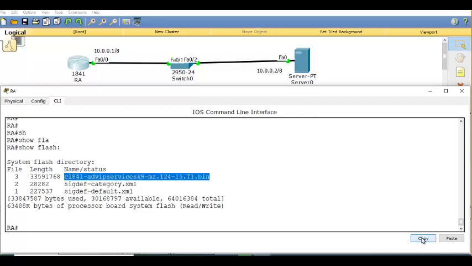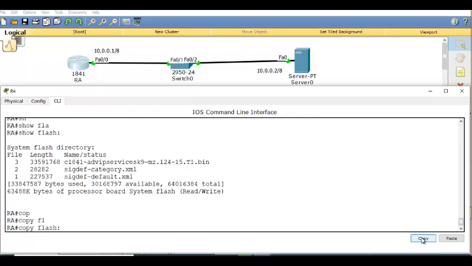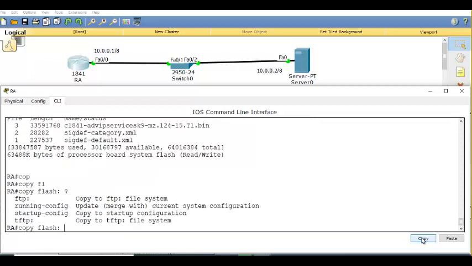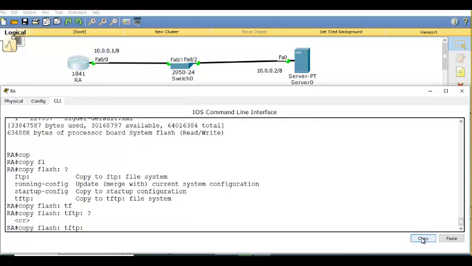Now, see, this is the command. Copy from flash, what is the file name? Okay, let us paste that one later. Copy flash to TFTP. No, this will copy all this.